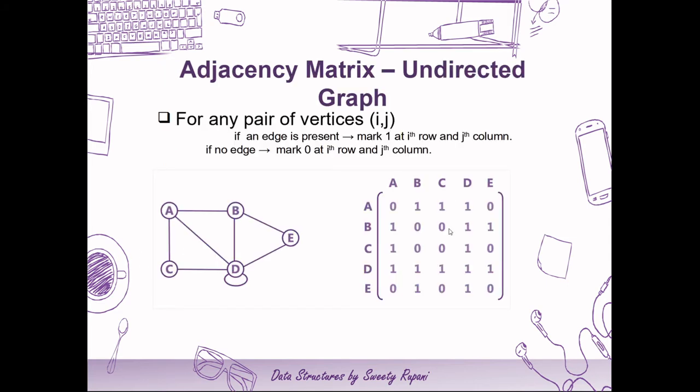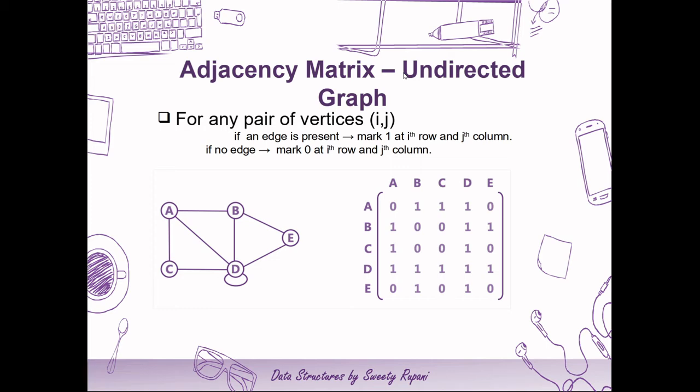Graph representation techniques. We have two techniques with which we can represent the graph. One is by making use of a matrix, the other is by making use of a list. So let us now have a look at adjacency matrix representation, in which we will first go for an undirected graph, followed by a directed graph.